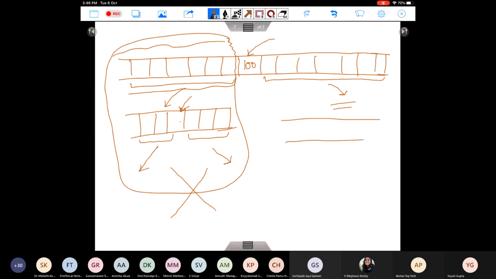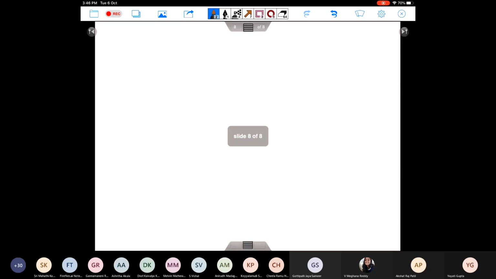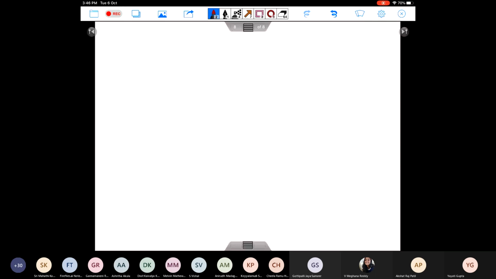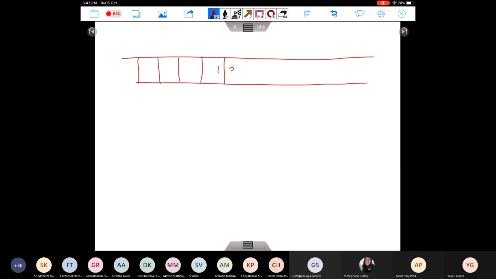Now this other person, in the array which he receives, again looks at the middle element, and let's say this middle element is 300. We are searching for 200. So this person will discard this half and give this portion to a third person to search, and this process will continue. So let's take a quick example and understand how it works. I'm randomly going to take some numbers here. All of these are going to be in sorted order.